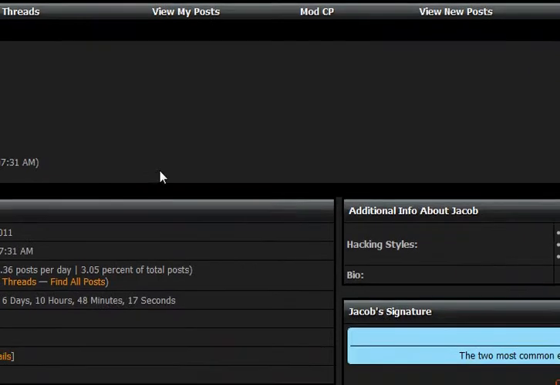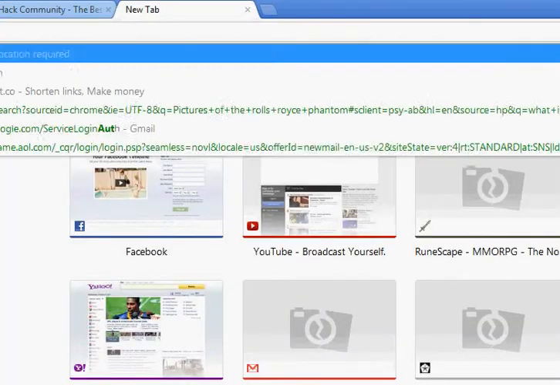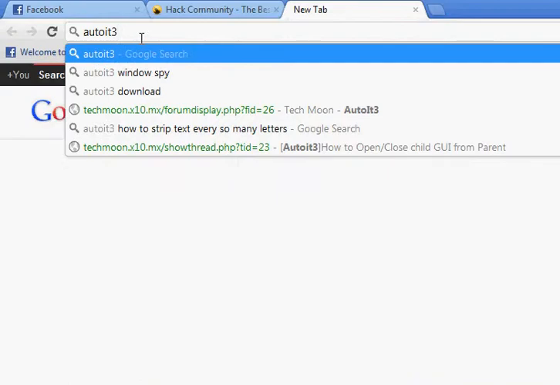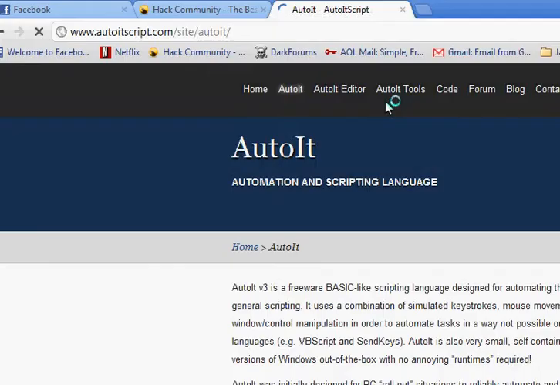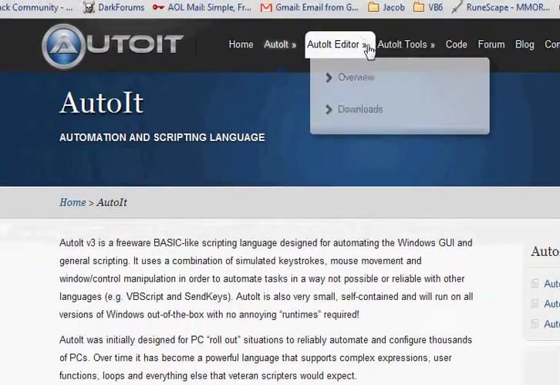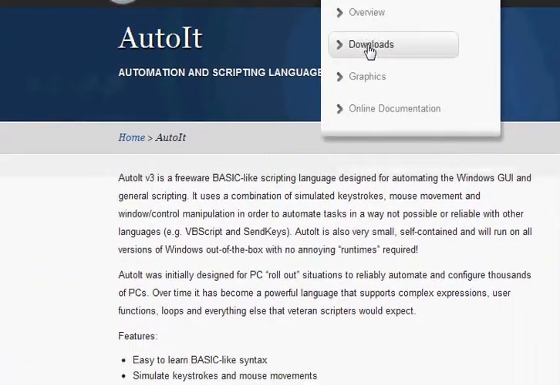Today we'll be working with a basic Hello World program. So what you want to do is just Google AutoIt 3 or whatever, come to autoitscript.com, then you go here to AutoIt and downloads,